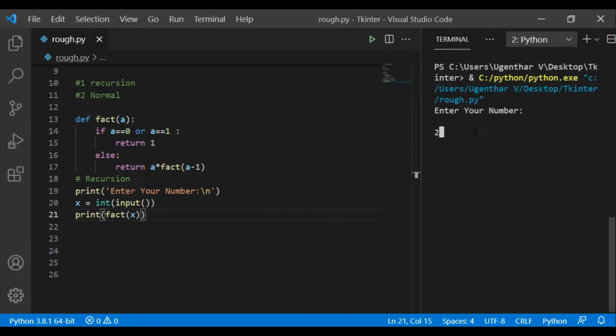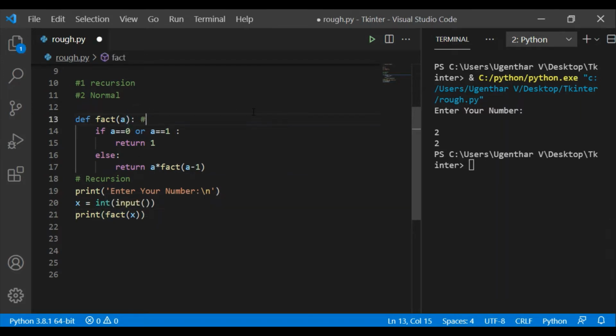First I will be giving 2, and the output is 2 because the factorial of 2 is 2, right? First x will be storing 2, and now the function takes 2. That means here a is equal to 2. a stores the value 2, and the first if condition fails, and in the else, a is 2, 2 star fact of 2 minus 1, which is 1.